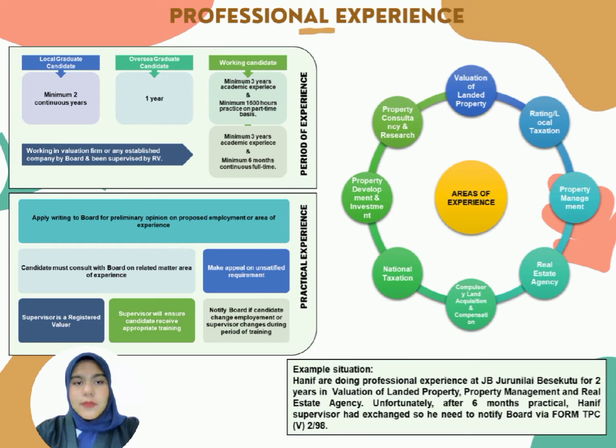If the candidate changes employment or the supervisor changes during the period of training, they must notify the board immediately. So the example situation is Hanif is doing professional experience at JB Jurnia Bersekutu for 2 years in valuation of landed property, property management, and real estate agency. But unfortunately, after 6 months of practical, Hanif's supervisor had changed, so he needs to notify the board via form TPC